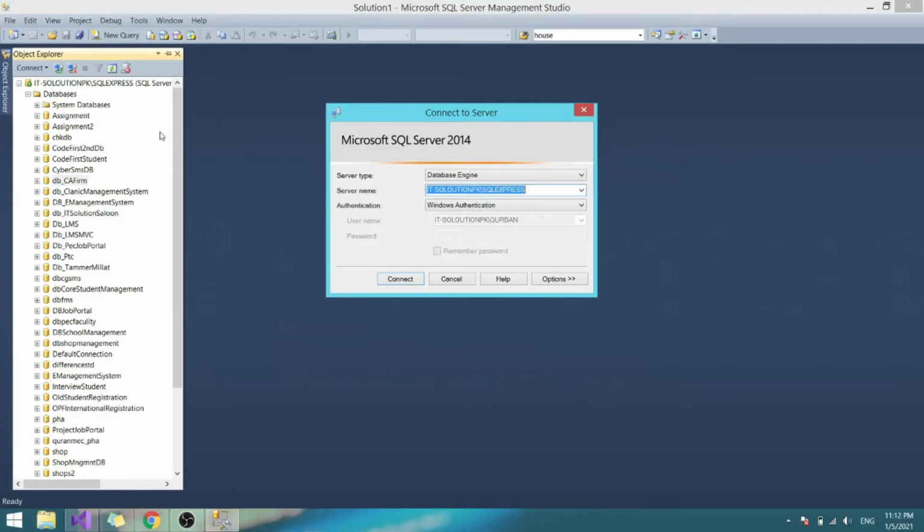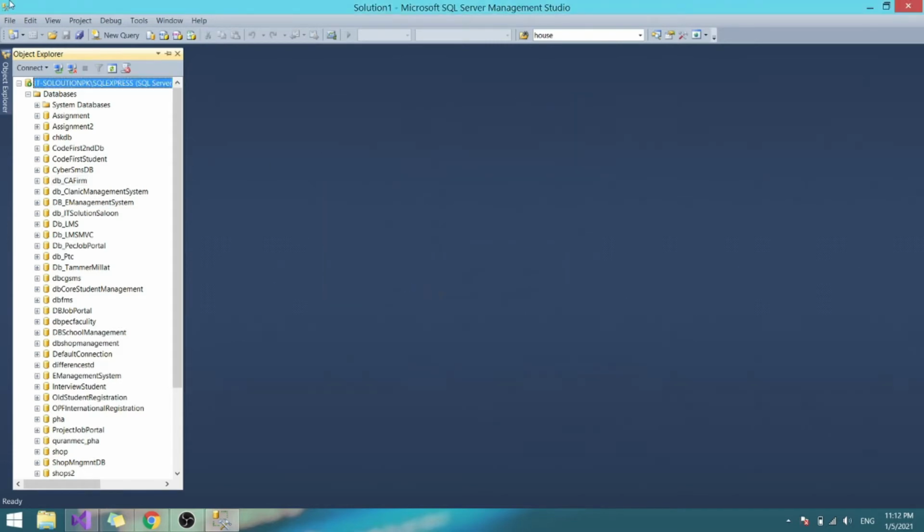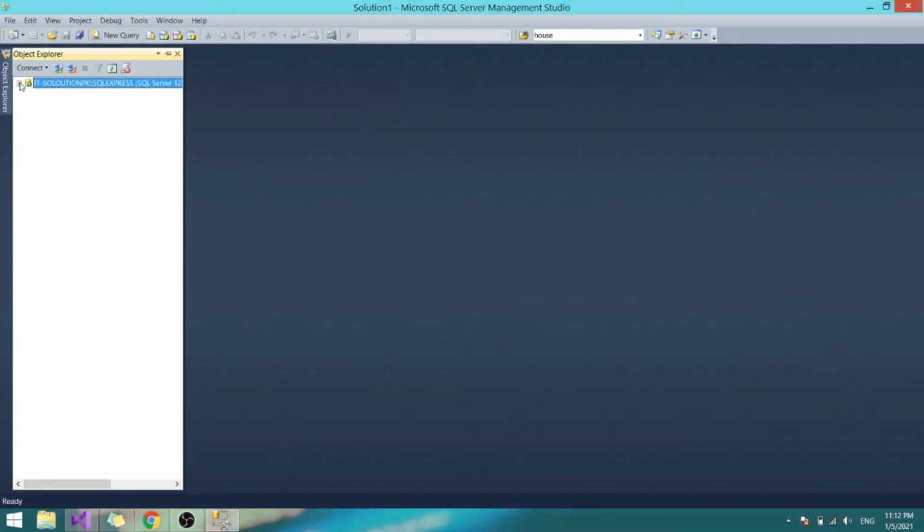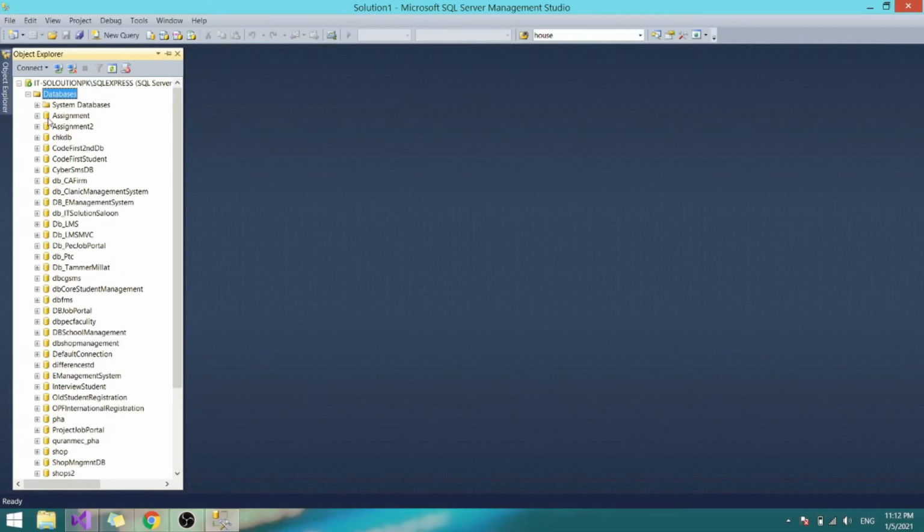When you start your MS SQL, it shows such a message, and from here you have to select your SQL server name and connect with the server. When you expand this, it shows four or five folders. One of them is Databases. When you expand Databases, it shows the number of databases which you have created. If you have not created any database, this will be empty. I have already created a lot of databases, so we are going to the topic, and we will create a new